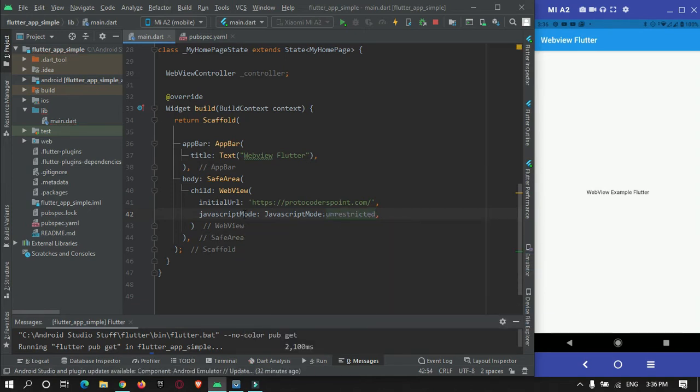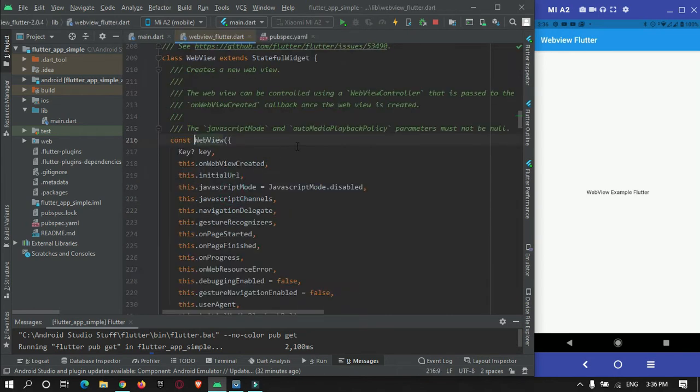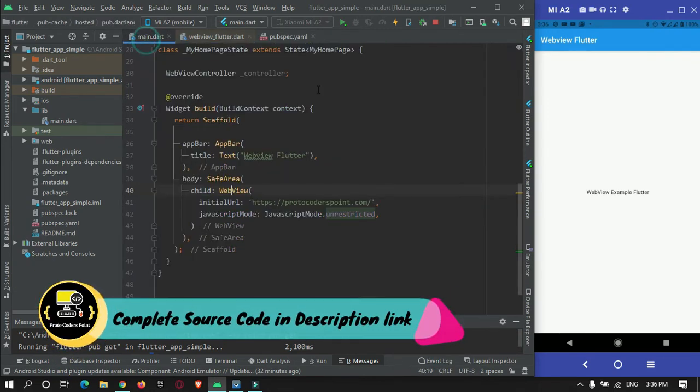You need to unrestrict the JavaScript because some websites make use of JavaScript to load. If you restrict it, the website will not work as it does in real time. As you can see, if the JavaScript mode is disabled, the web view can't make use of the JavaScript present in your website. So you need to unrestrict it.